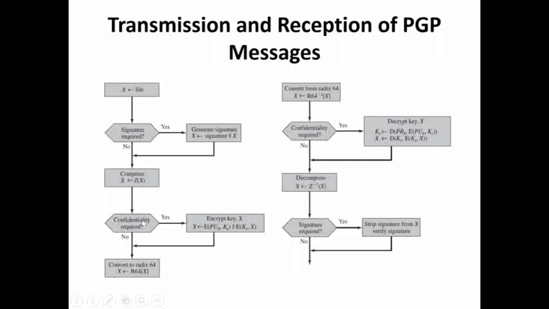Now if you want confidentiality for your messages, yes, you can use the public key encryption scheme here. Whatever the session key is, it's going to be encrypted by using the public key of user B, and also you can use the symmetric encryption scheme. The compressed data is going to be encrypted by using the session key. Then you can convert this into an ASCII string by using the Radix 64 version. On the receiving side, you convert from Radix 64 back to the encrypted data. That is passed here, where confidentiality is already applied.